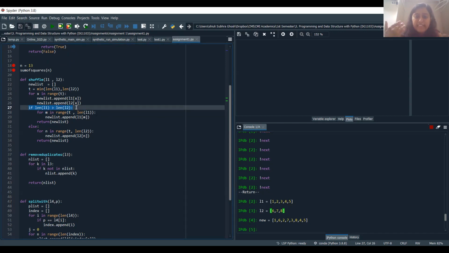If len of L1 is greater than L2, then from that T to length of L1, you append the remaining elements. And if that is not the case, then else we will do the same for L2, if the length of L2 is greater than L1.